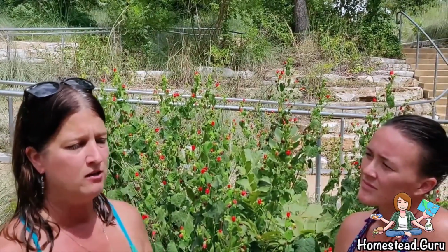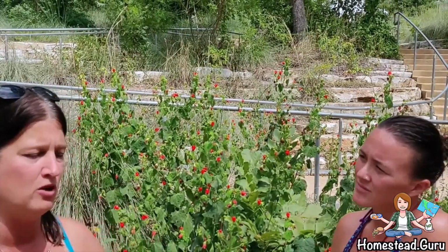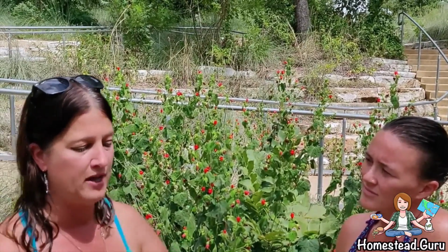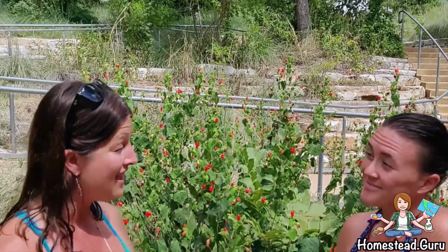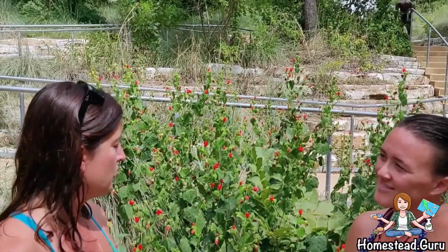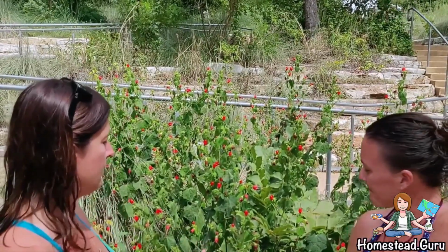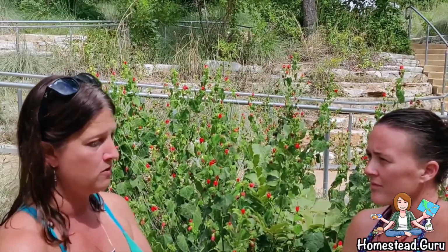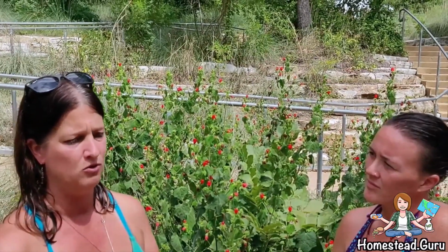We're here at Barton Springs, like Kat said, and I actually use the living spring water from Barton Springs here. I collect it during times when it's very pristine, like early in the morning, or when there's not a lot of people in the water. I collect it close to the source where it actually comes out of the ground. 24 million gallons a day come out of this spring. It is just a great blessing for Austin, Texas. So I use the living water. I will take just a few flowers, 3, 4, 5 at the most. I collect them in a glass container with the living water, and I just let them sit in the sun. Early morning sun is best, for 2, 3, 4 hours,